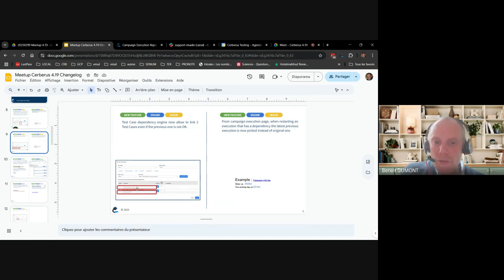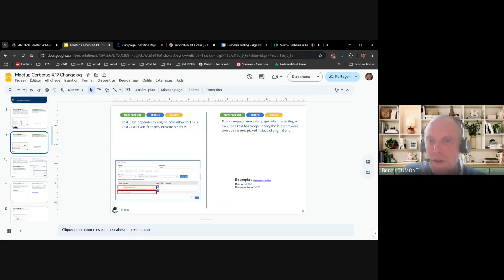So now you can tune the behavior and you can select when you put the dependency, we'll see it on the GUI, whether the previous execution needs to be okay or whether you don't care about the status code and you release immediately after the previous execution has been submitted, whatever is the status of the first execution.